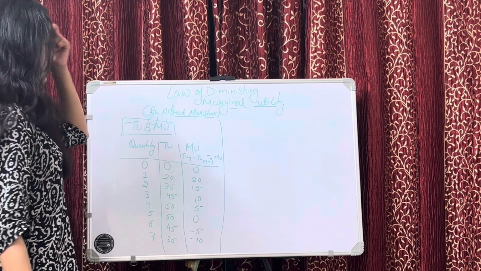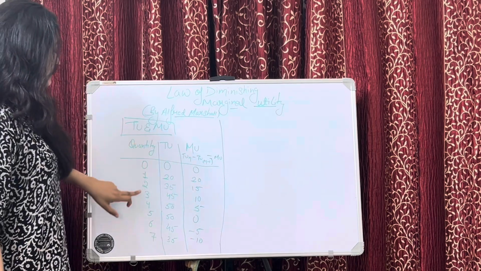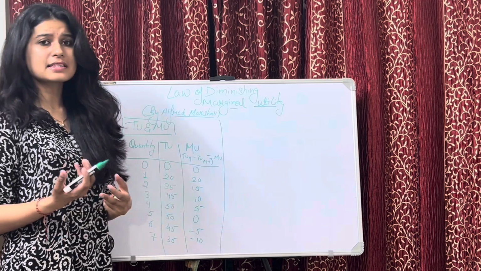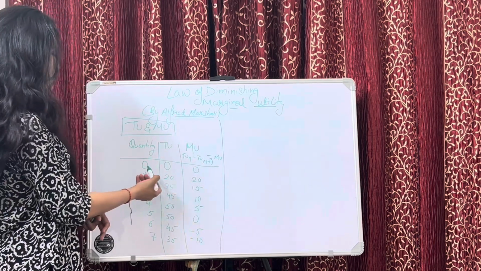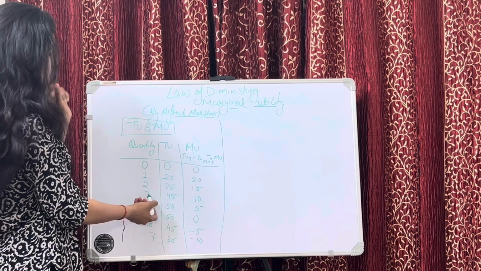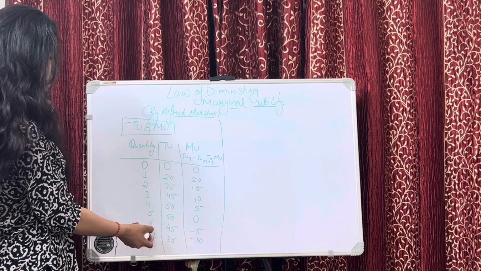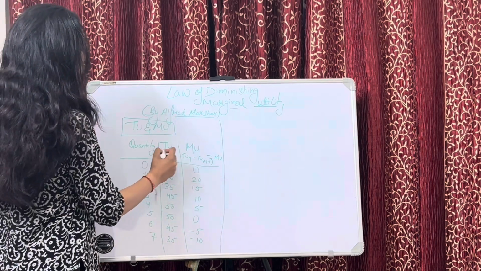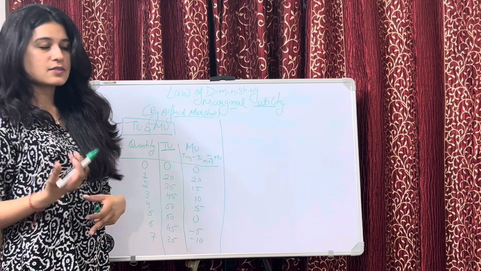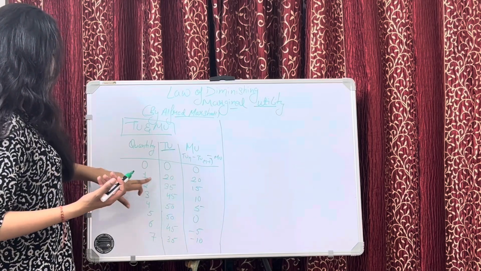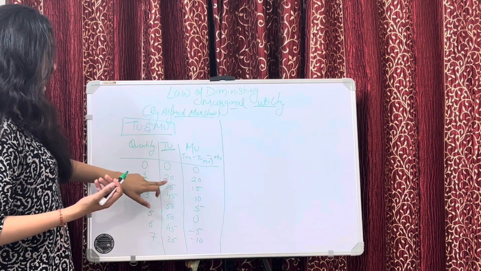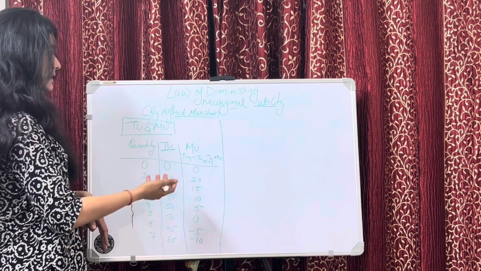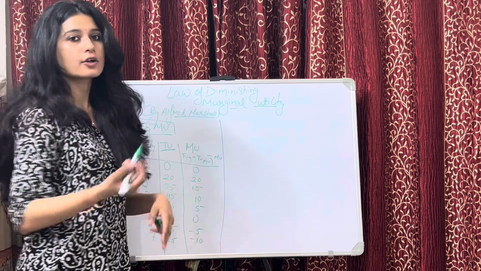I hope you get the table. This is the quantity I am taking, like first unit, second unit, third unit. You can take it as a pizza example, like I told you, one box of pizza, two boxes, third, fourth, fifth, sixth, and seventh box of pizza. And here you are taking total utility, that is the total satisfaction you are getting after consuming one box of pizza, total two boxes of pizza. So here we are taking 20, 35. These numbers are random. Okay, you can grab this exactly so that we are able to draw the diagram.